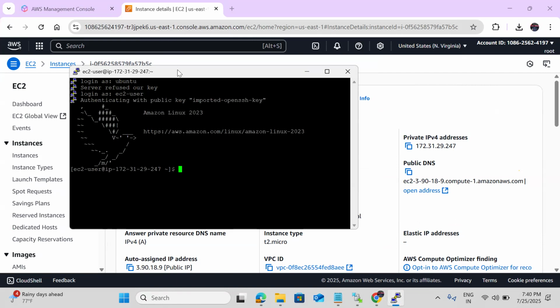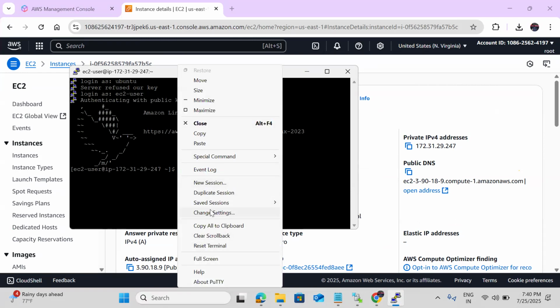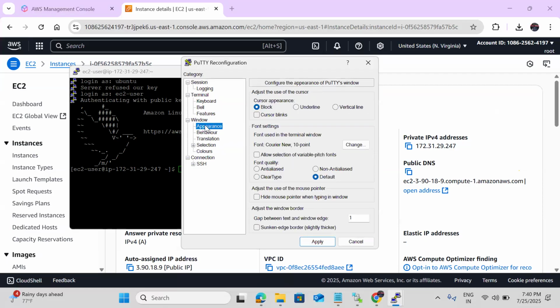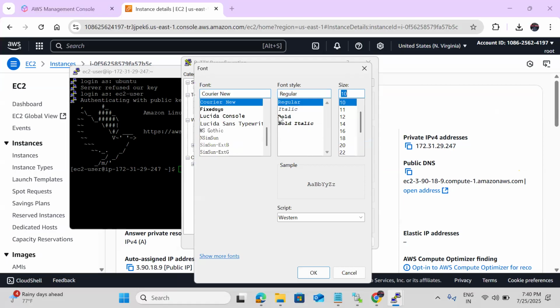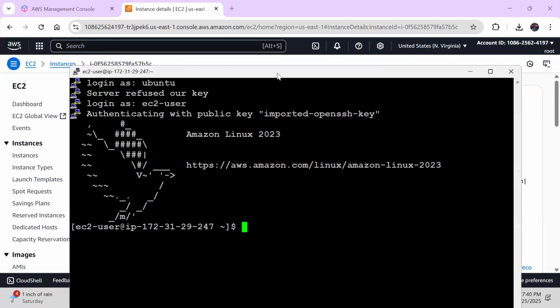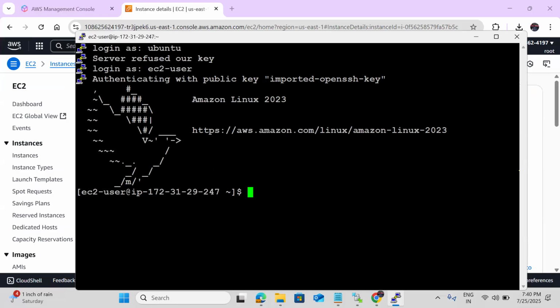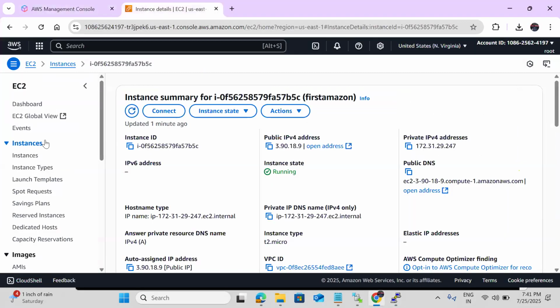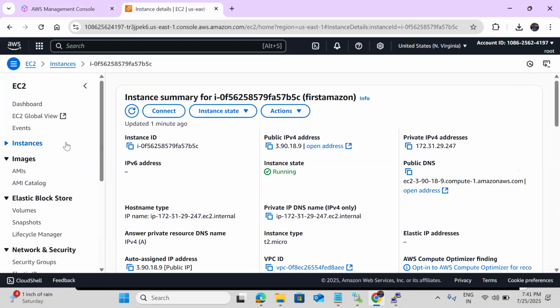Okay, so then here I can go to change settings, appearance. I'll change the font size also. Okay, so once I change this, then I want to connect to that second instance. From this Linux I want to connect to that second instance. I know the second instance IP address. So if I go to this instance,